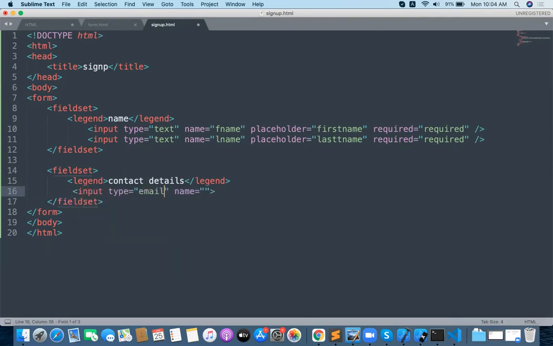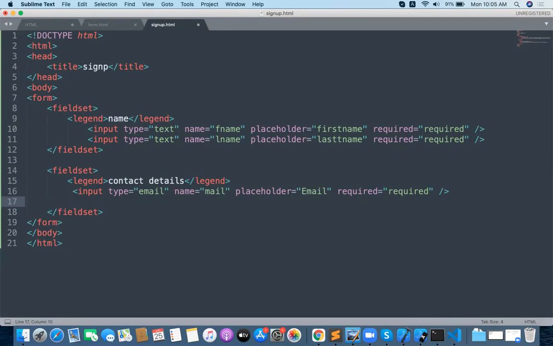He needs to enter an email now. Name equal to mail, and placeholder equal to email. This will be a required field. Required equal to required. This is going to be a self-closed tag. Input is a self-closed tag.